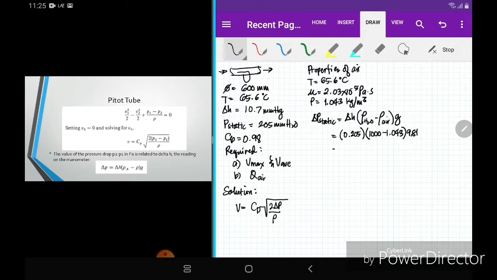The answer will be equivalent to 2008 Pascal. Okay, then the absolute static pressure, kasi above daw siya, no? Above the atmospheric, will be equivalent to, so your P1, absolute static pressure, is equivalent to yung 1 atmosphere,